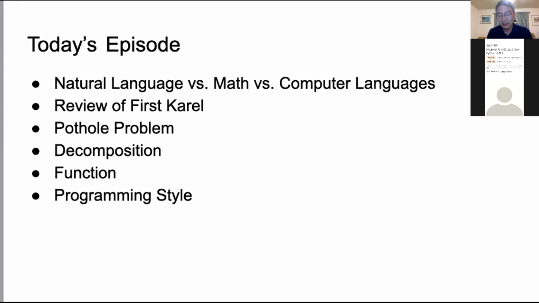But there are general suggestions. It's not a rule, but it's a suggestion for good programming styles. I'm going to introduce some very basic ones, because it's almost the first step of the programming language experience. So I'm not going to introduce the whole bunch of programming styles. Instead, some very basic programming style that I'm going to introduce today, if we have time. Okay, so